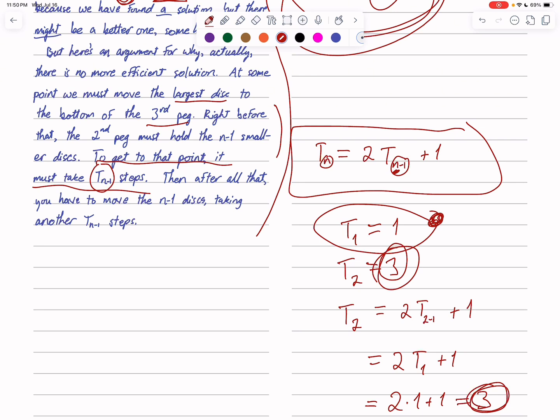So that seems great. We have this recurrence relation that tells us the number of steps that it takes to solve the n-disk problem. And we could apply it to 8. We could compute T8 in terms of T7. In order to do that, we'd first have to find T7, so we'd compute that in terms of T6 and so on, eventually bringing this down to the case where we get T2 and T1. But